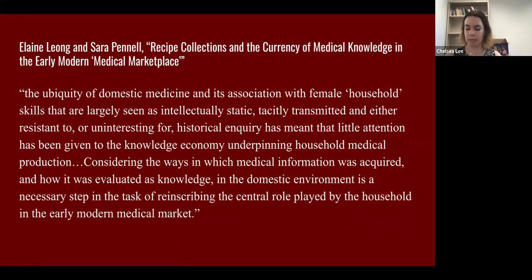Leong and Pennell explain how, quote, "the ubiquity of domestic medicine and its association with female household skills that are largely seen as intellectually static, tacitly transmitted, and either resistant to or uninteresting for historical inquiry has meant that little attention has been given to the knowledge economy underpinning household medical production. Considering the ways in which medical information was acquired and how it was evaluated as knowledge in the domestic environment is a necessary step in the task of reinscribing the central role played by the household in the early modern